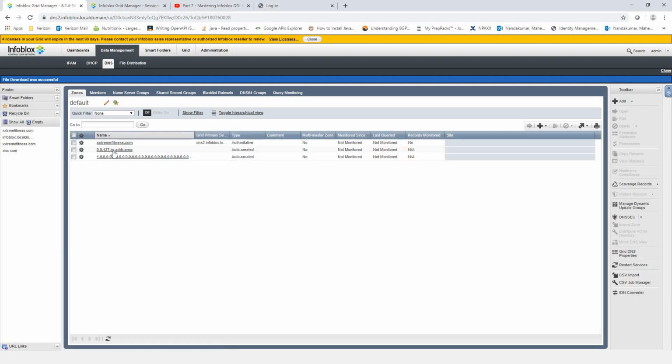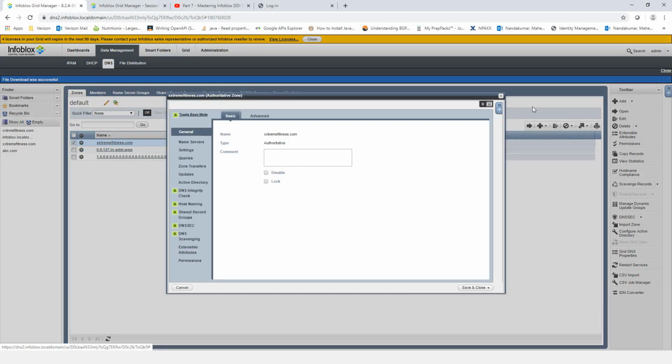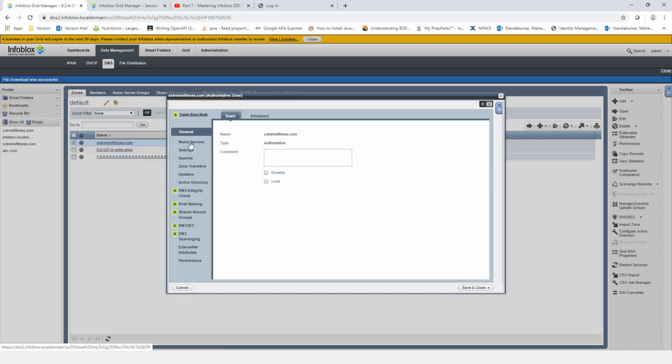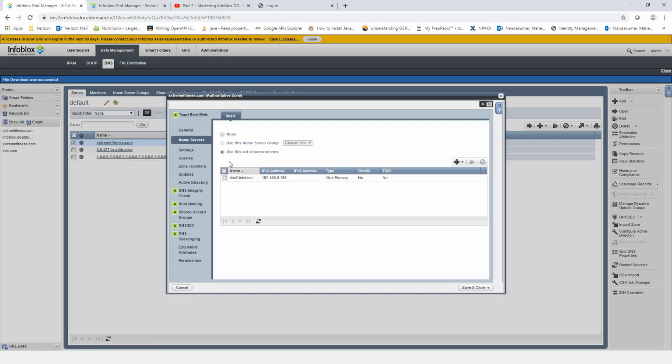So now, since we have added the records, let's go to adding the second name server, which we'll configure as a secondary name server. For that, select that zone and click on this button, which is the edit button. You can also access the edit button from the toolbar. So just click on that edit, go to the name server section,